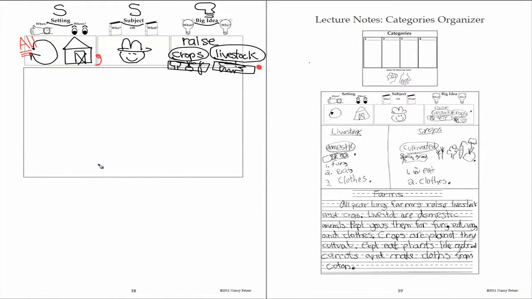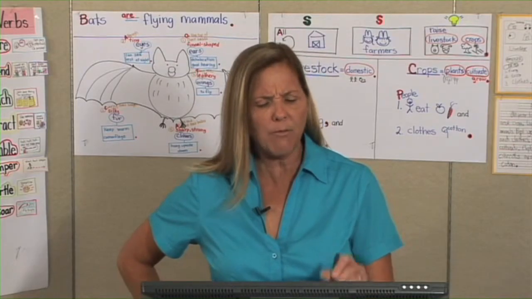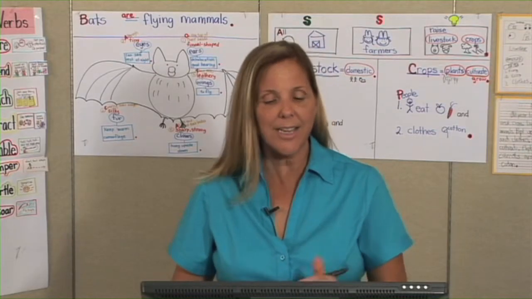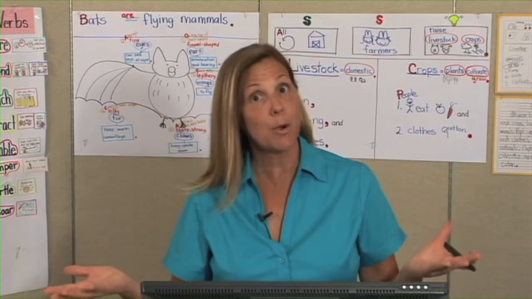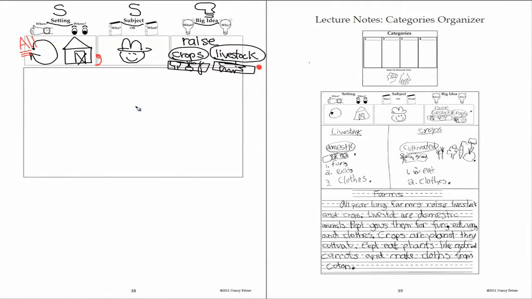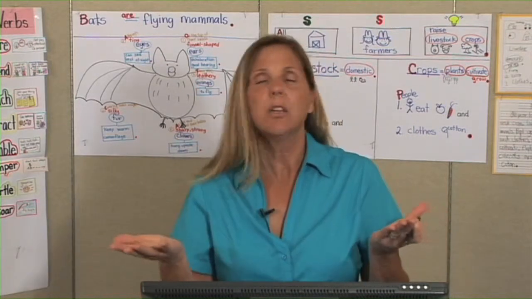Okay, over here in our lecture notes, this is where we're going to put information. Now I have to figure out what information needs to be here in my lecture notes to tell about the big idea. What am I telling all of you about? Am I telling you about how a farmer dresses, or am I going to tell you what a farmer raises, what its job is? Oh, what its job is. Okay, so we're looking up here. Our information has to always be about the big idea. Let's see, what does he raise? Crops and livestock. Do I need to put crops and livestock in a specific order, or it doesn't matter?